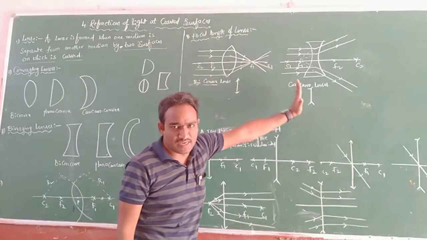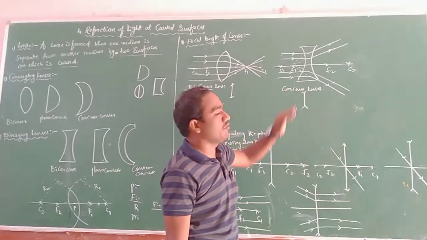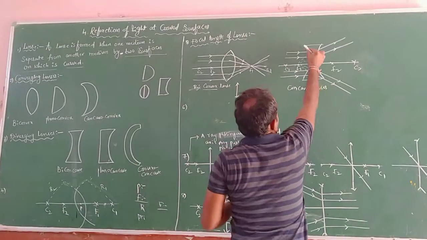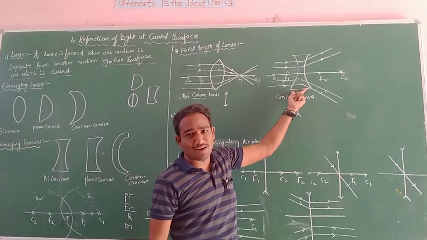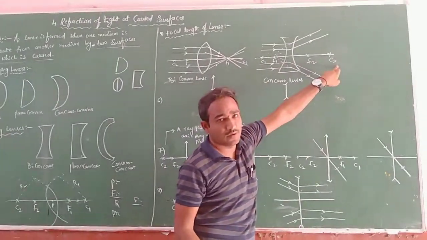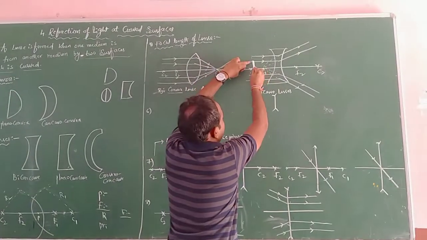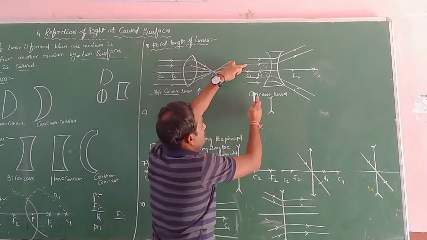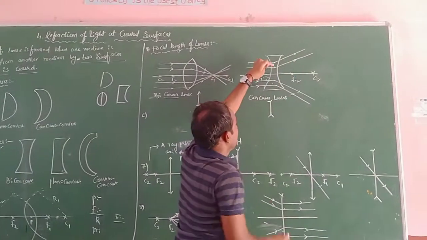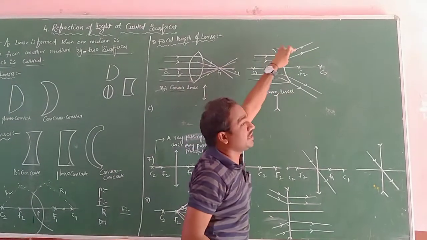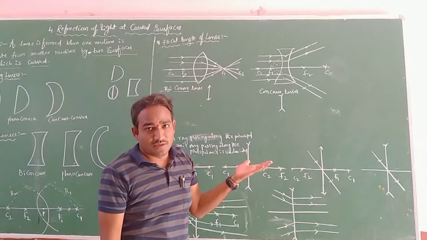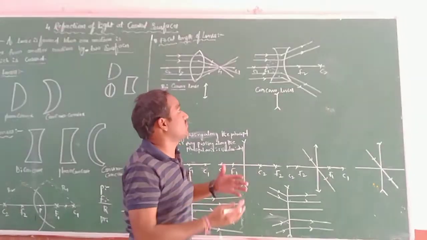Now let us complete this with the property of the concave lens. So what is the concave lens? See here, it is a concave lens. It also has two curved surfaces, one with F1, C1 and another with F2, C2. Any ray that strikes the concave lens is deviated after the refraction. Deviate means it is divergent and seems to be emanated from a point. So that's why we have to observe.